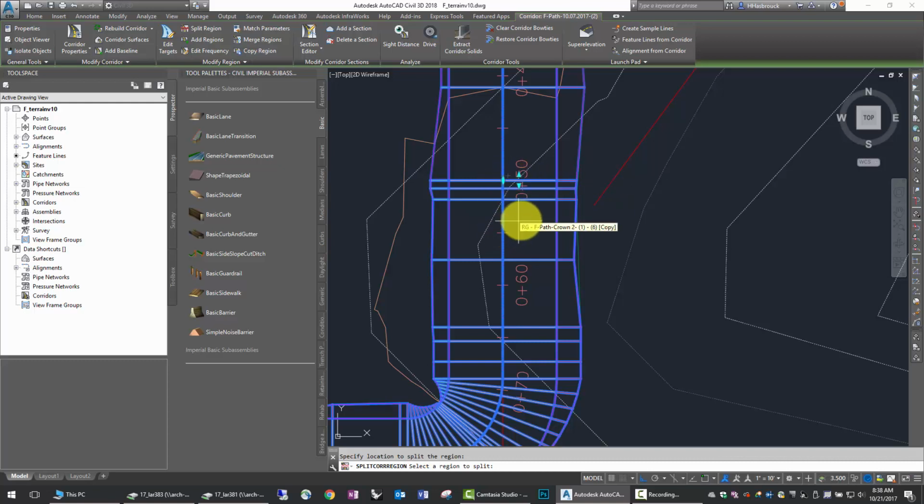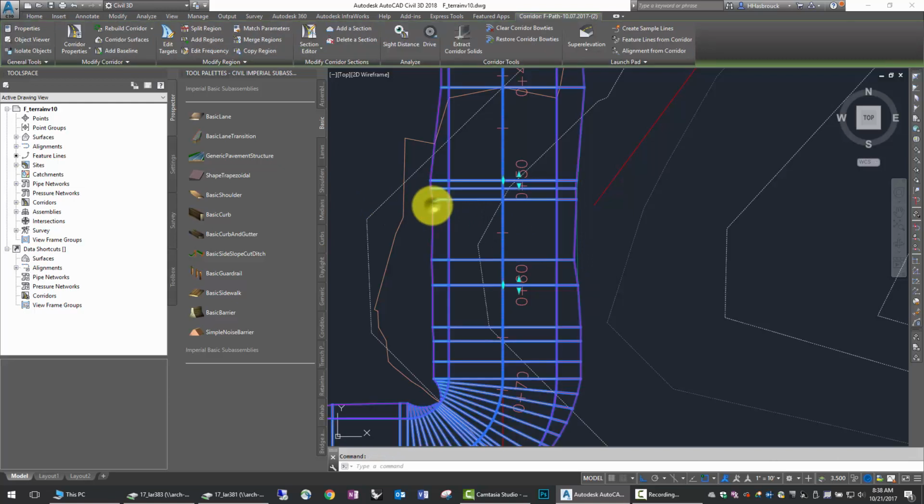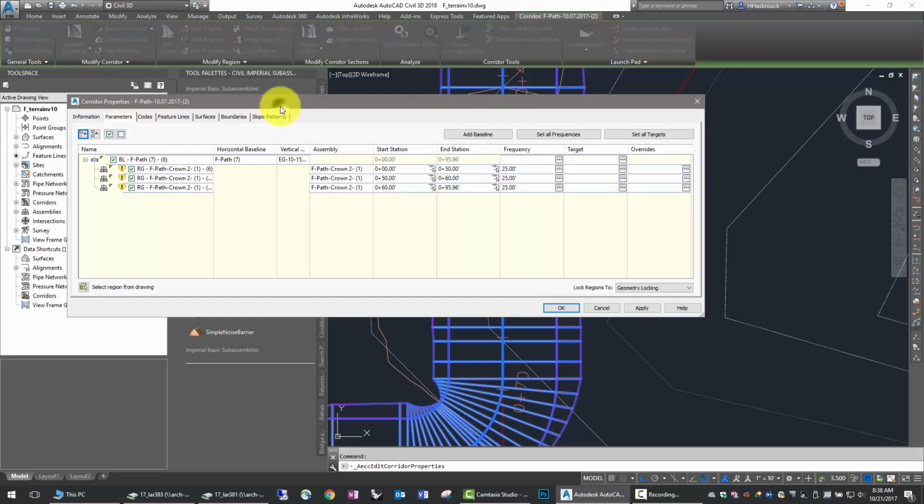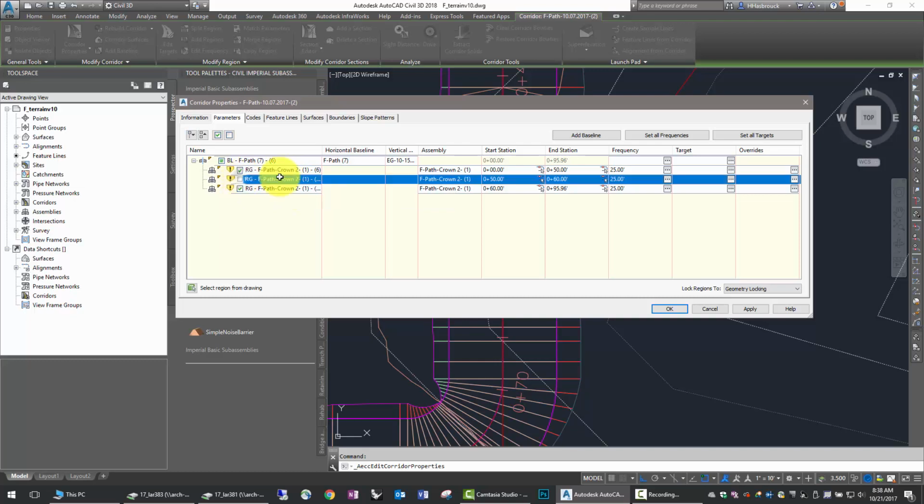So we need to do this twice. Once for the northern portion and once for the southern portion. There we go. We now have 3 regions. We can view this in the corridor properties. You can see the precise locations and double check to make sure. There you are. You have 3 sections, the northern, the southern, and then this middle one, which we're going to use